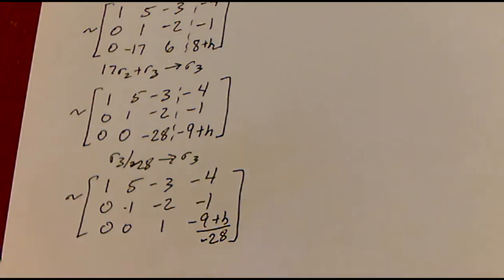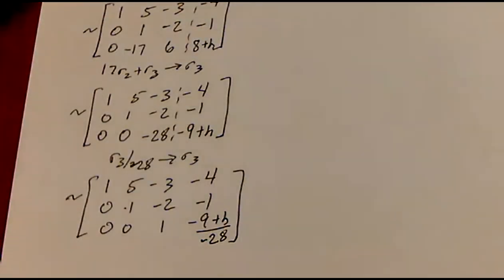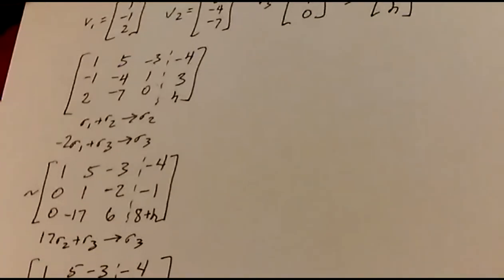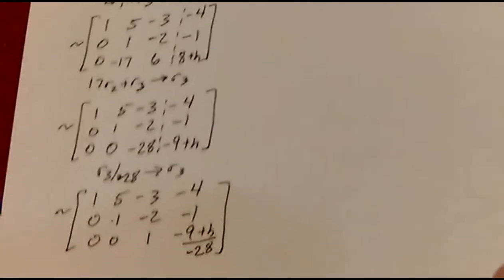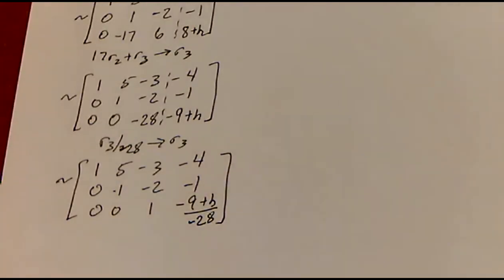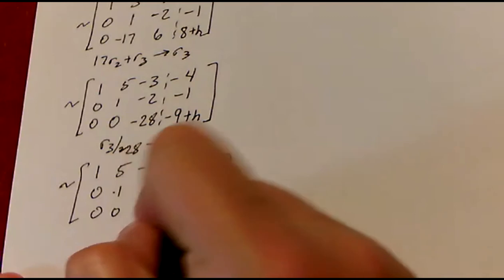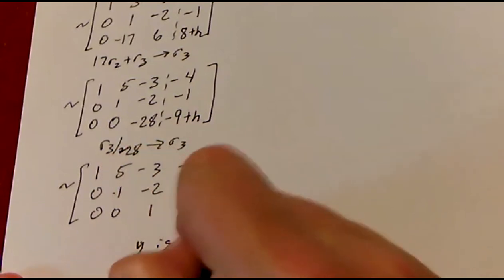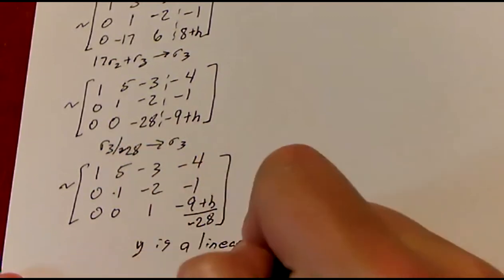Now, you may have noticed I've made a writing mistake, a writo, if you will. The first vector here was supposed to have 1, -1, and 2. Okay, so the computations for what I've written down here are absolutely correct. So this works for any h, okay? So y is a linear combination